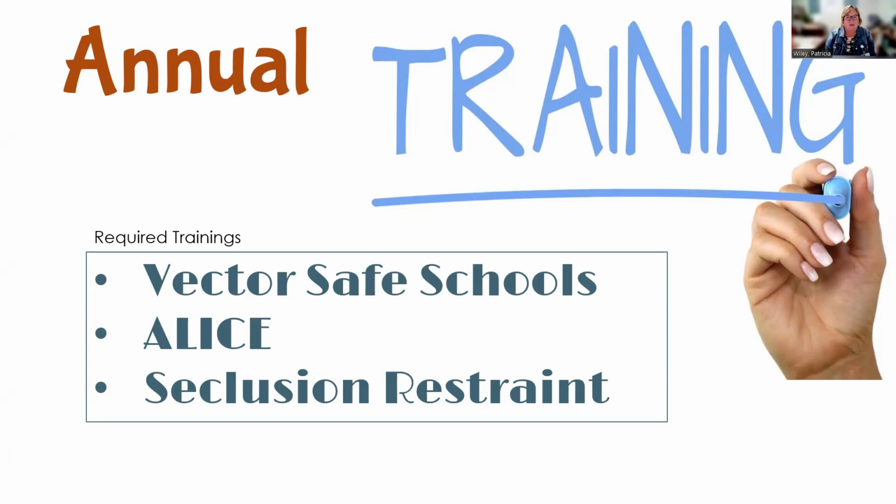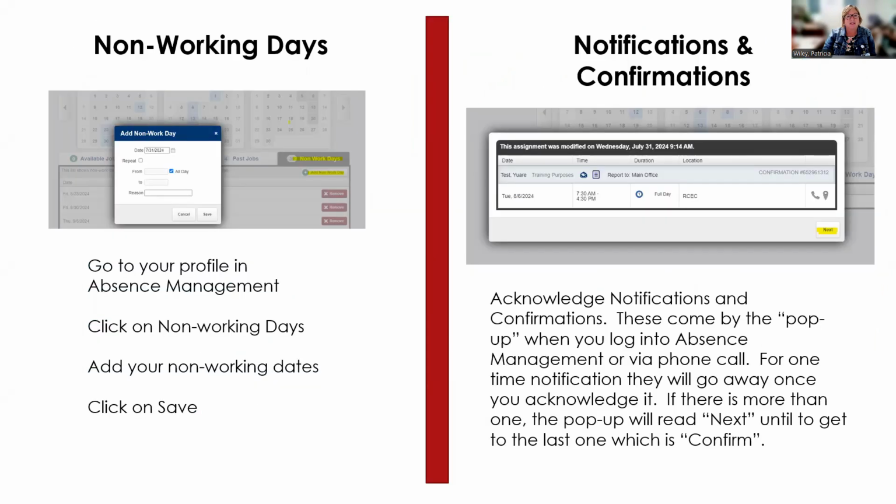We still have them on 3 different platforms, so you will need to use 3 different links to get to these. The Vector Safe Schools, of course, is in your K-12 email, as with the ALICE. And for the restraint and seclusion, we will have sent out an email that contains the link. I just want to hit on some absence management items and time and attendance items, just as a reminder